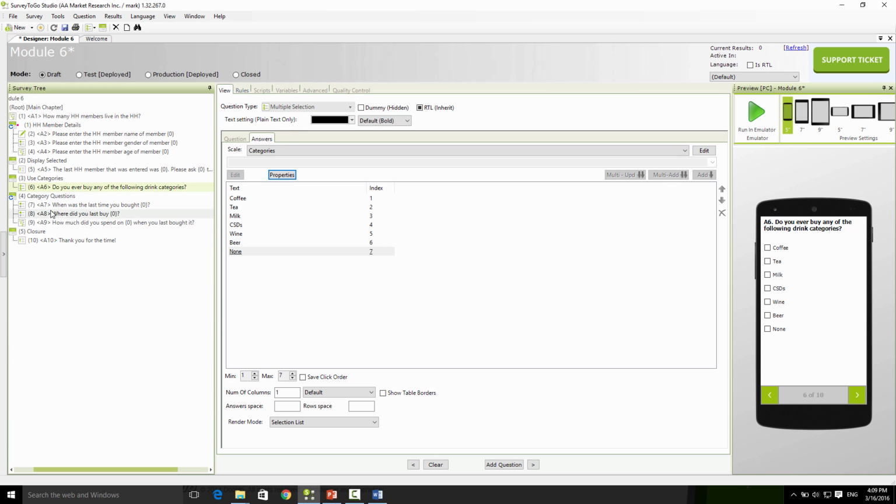It's a multiple selection question. Then, if you remember, there were three questions that I had to ask about each category that I mentioned that I ever bought. So the first thing that I did is I took these three questions and I entered them into a chapter, because I can only iterate on a chapter. And the first question in the chapter is, when was the last time you bought? And then I created a placeholder for the category name. Then the next question was, where did you last buy the category name? And the third was, how much did you spend on the category when you last bought it? Then I went into the chapter,